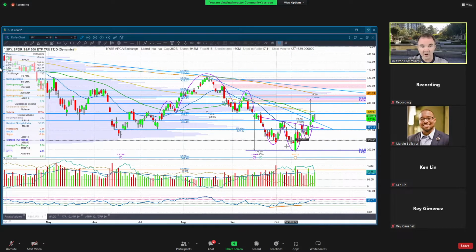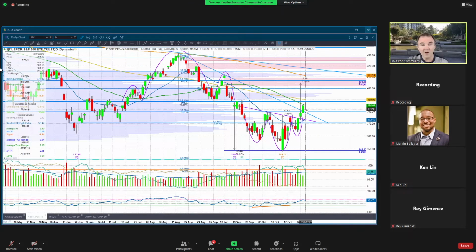But looking at the daily here, today you can see we went up. We came up into this resistance level of around 388, and we pulled right back. And we've drawn, now this is unfortunate, a candle here. This candle is known as a gravestone doji. You can see how this kind of looks like a gravestone, right?